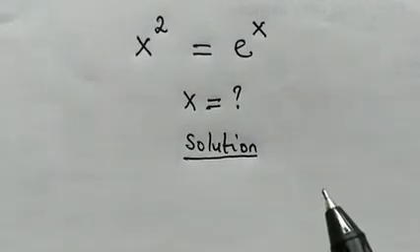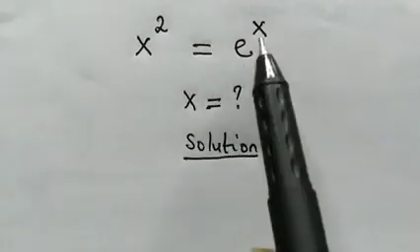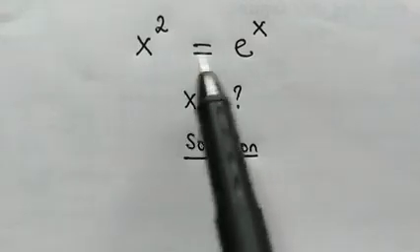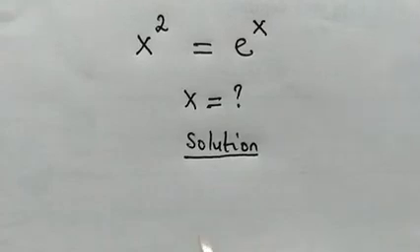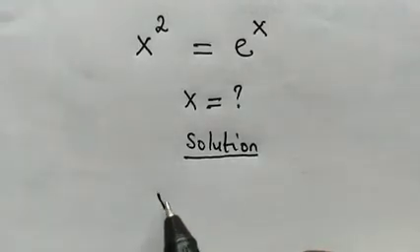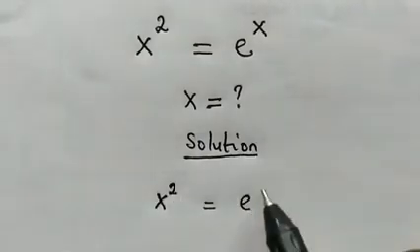In today's video, we're going to solve for the value of x in this equation. We have x squared is equal to e to the power of x. So let's get started. For the left hand side, we have that x squared is equal to e to the